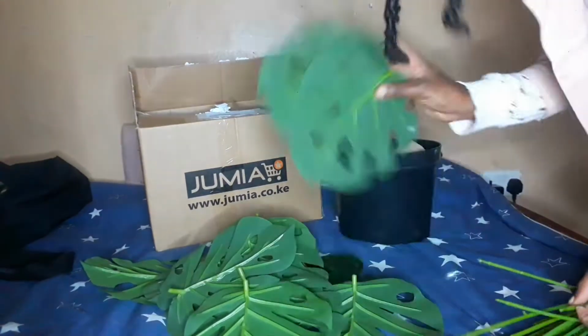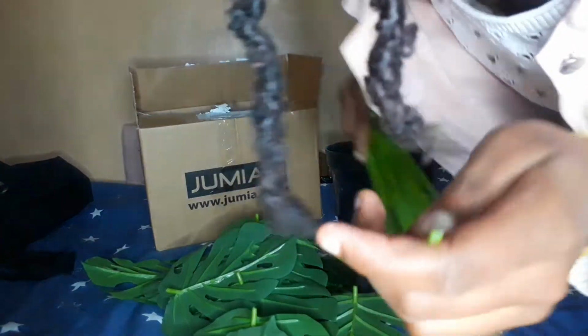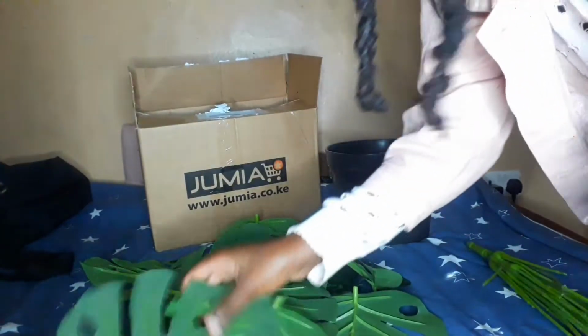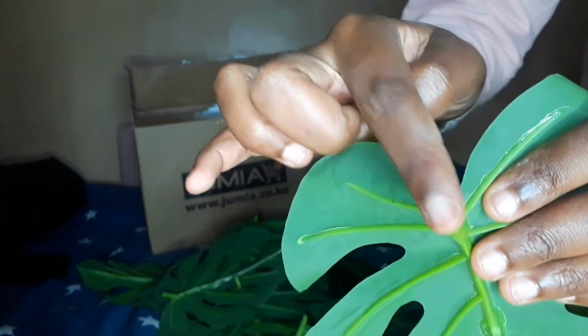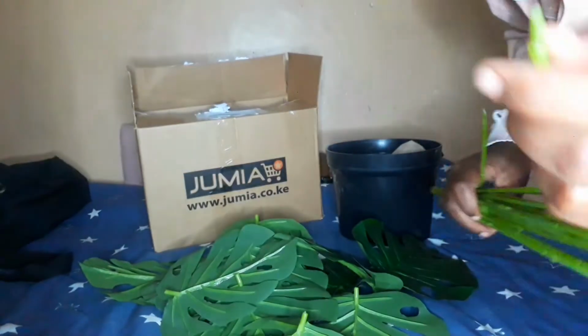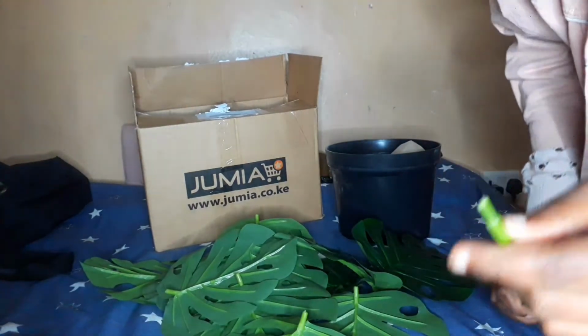So here, as you can see, this stem has a metallic thing. And the leaf has this, I don't know if you can see well. Yes, there's this thing on the leaf, and there's this thing on the stem. So what to do is just